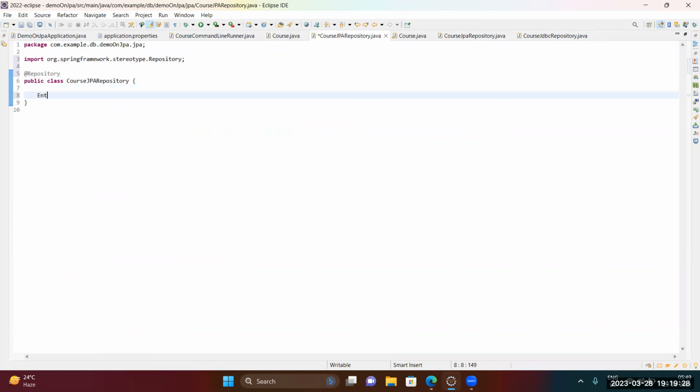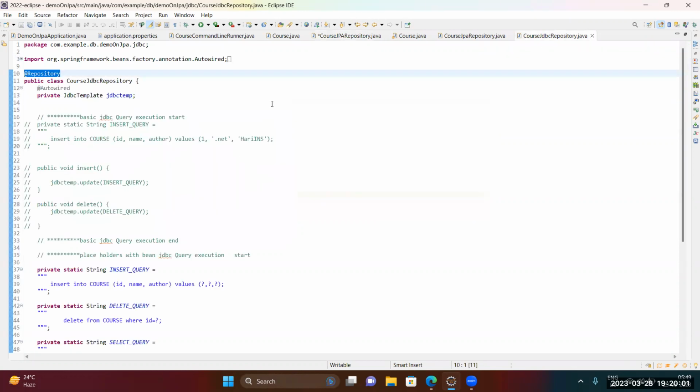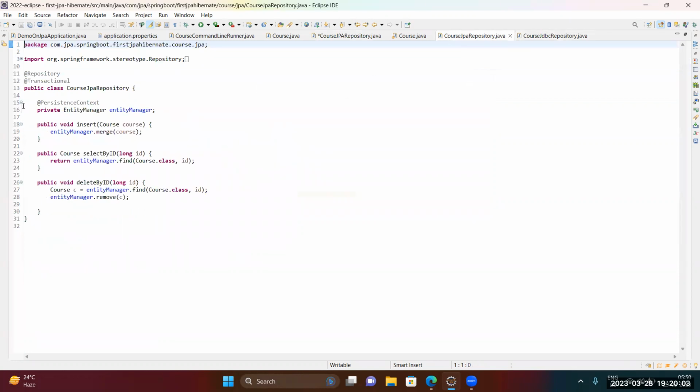So we have to use entity manager. You can see it is coming from Jakarta Persistence. This entity manager will help us connect with the database, and we can perform all the operations we want on the DB table. So how do we do that? I'm just copy pasting to make